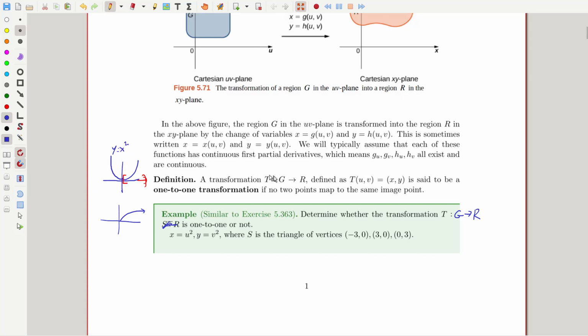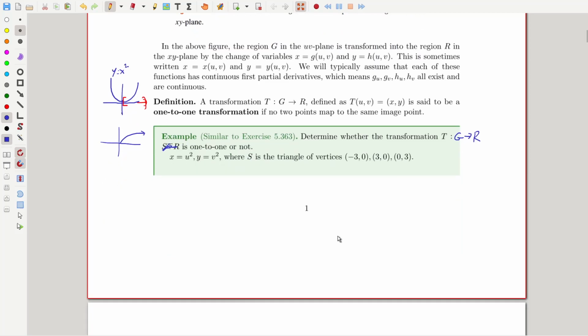But if instead g is from 0 to infinity, then the function is 1-to-1, and you can construct the inverse from that. Okay, so now for this. I created this to be very similar to your homework exercise. So suppose you have a map that is defined like this,